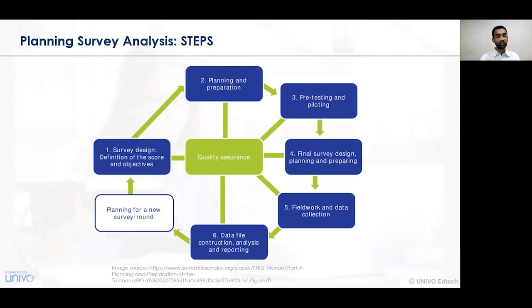Then the sixth perspective is data file construction, analysis, and reporting. So on the basis of the field analysis that we have undertaken, the data that has been collected from the various fields, we prepare a proper analysis, we jot down what data we have collected, and accordingly, we start analyzing the data. On the basis of the analysis, various reports and visualizations are prepared. In order to portray our data in a very effective way, we need to identify how the data can be presented and in what way it can be helpful for better understanding. Hence, analysis and interpretation is essentially important.